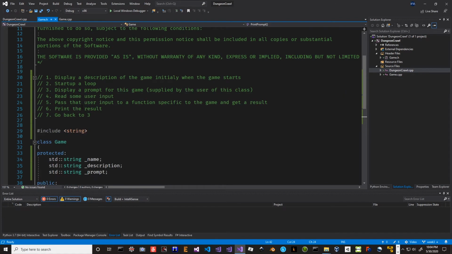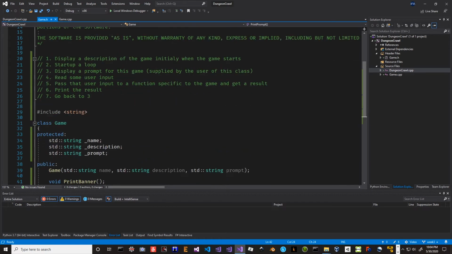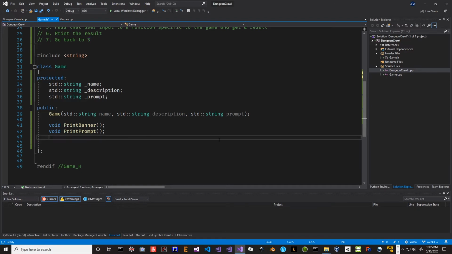So we haven't got to the loop yet. We'll create the loop later. We've displayed a description of the game. We haven't really gotten into the loop yet, but we can now display a prompt. All right, so now we want to read some user input. Well, this is a little more tricky. So what we want to do here is read some user input and then pass it on to another function to evaluate that